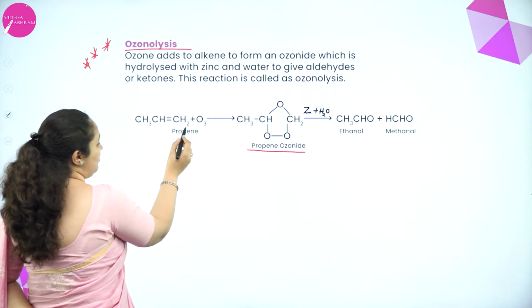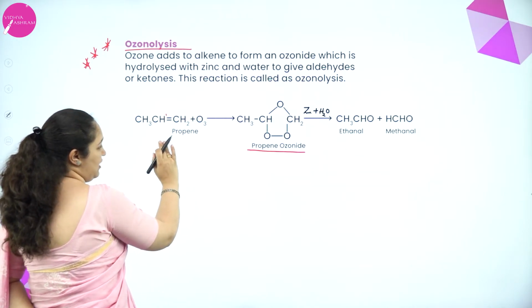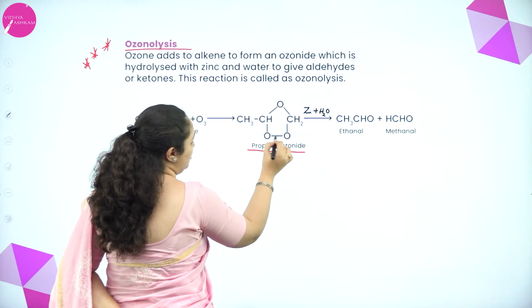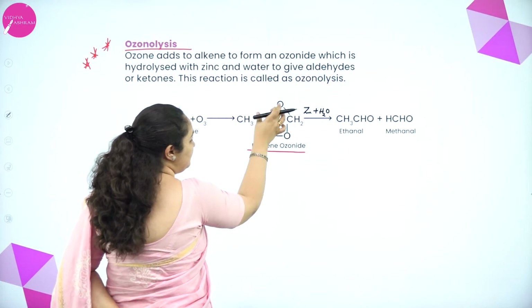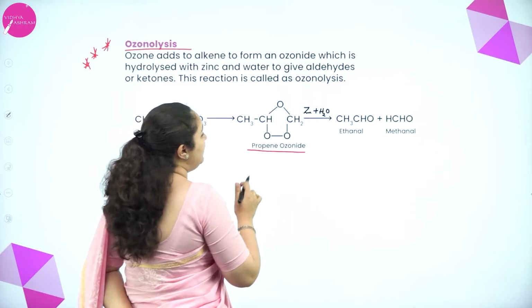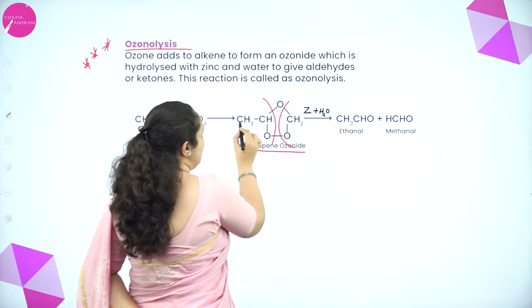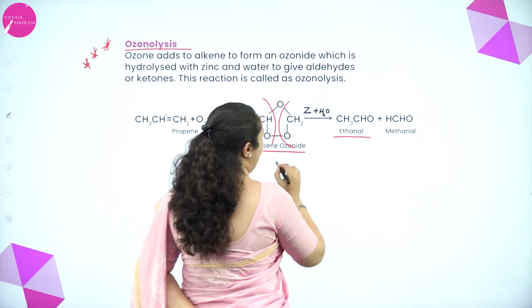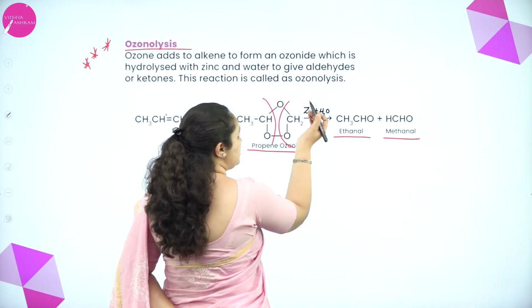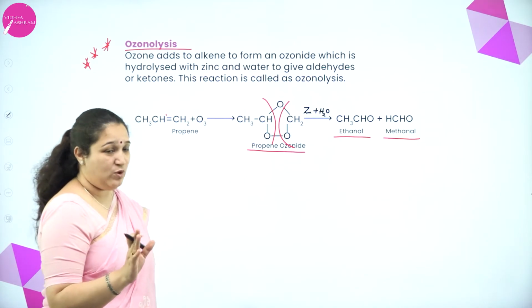CH3, CH double bond CH2. When ozone is added, these two bonds are removed, and in between you have to add the 3 oxygen atoms, 1, 2, 3, and it takes on a particular shape. Further, when it reacts with zinc, it breaks up this way: CH3CHO, ethanal, and HCHO, methanal, and this oxygen goes with zinc to form zinc oxide. Okay, so I'll write one more example: